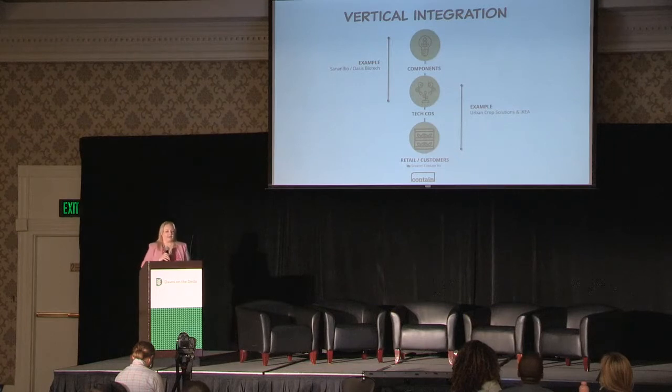Vertical integration is kind of a classic old school economic technique. It was the driver of all of the M&A in the 80s and early 90s. And we're starting to see it with indoor agriculture as the practice becomes more widespread. So a couple of examples here. Urban Crop Solutions, which is a Belgian technology provider. They do container farms and plant factories. They have been working with one of their grower customers,